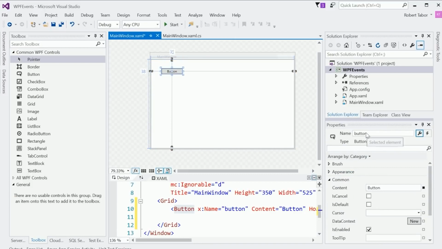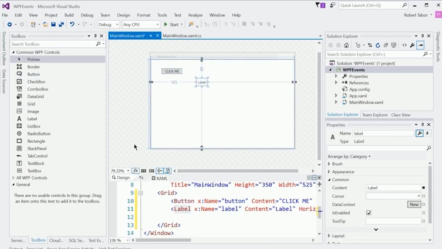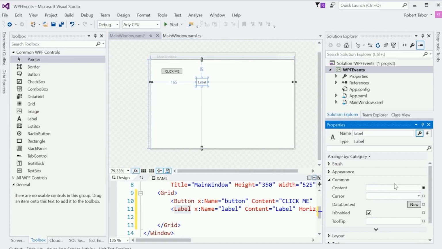So for example, I can change the content to "click me", all right, like so. I'm also going to add a label control. I'm going to drag and drop it anywhere on this design surface. I'm going to remove the content completely, but I'm going to change the name to my label, like so. Okay? Now what I want to do is print out the phrase hello world whenever somebody clicks the click me